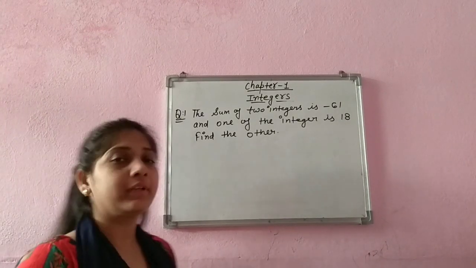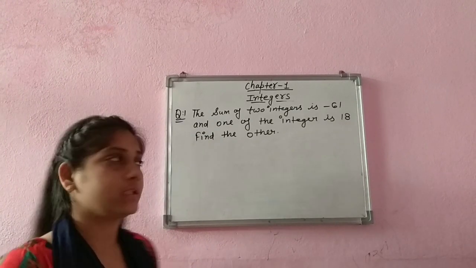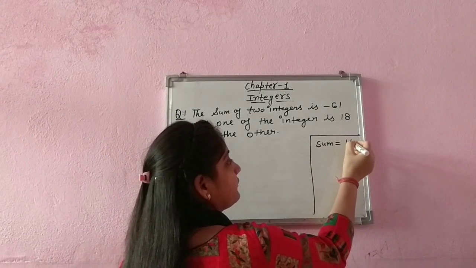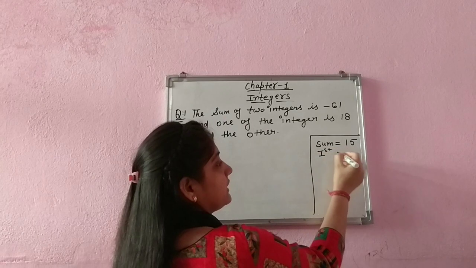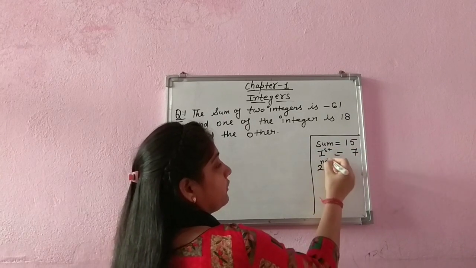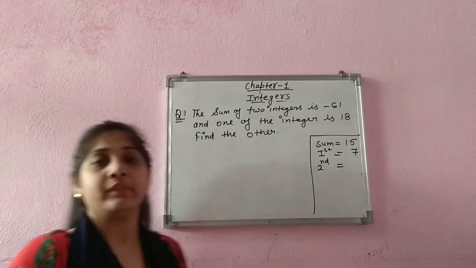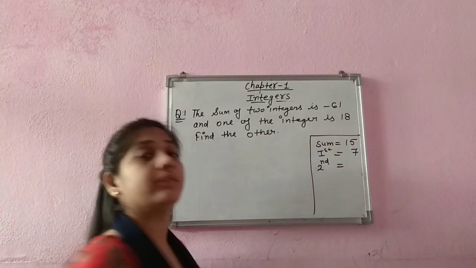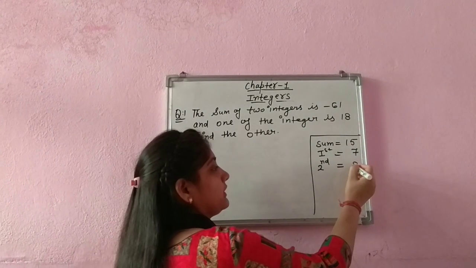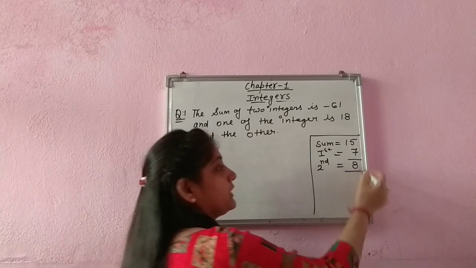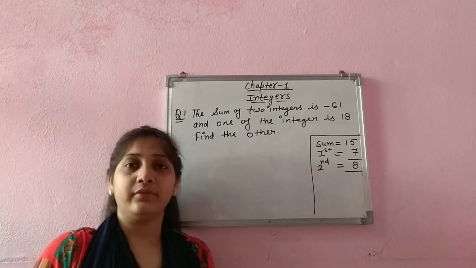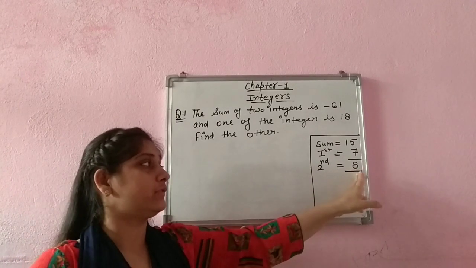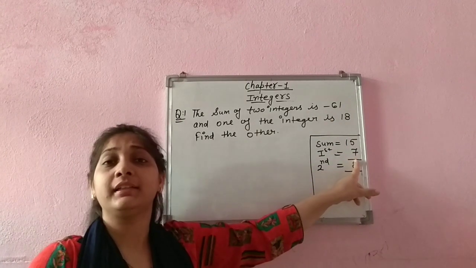So let's try to understand this with only positive numbers. Suppose the sum of two numbers is given to us as 15 and the first number is 7. Can we find the second number easily? It means what is the other number which when added to 7 gives us 15. It's very simple. It is 8. And we know it comes by subtracting. So whenever the sum of two integers is given, and one of the integers is given, and you want to find the other one, from the sum you have to subtract the first one.